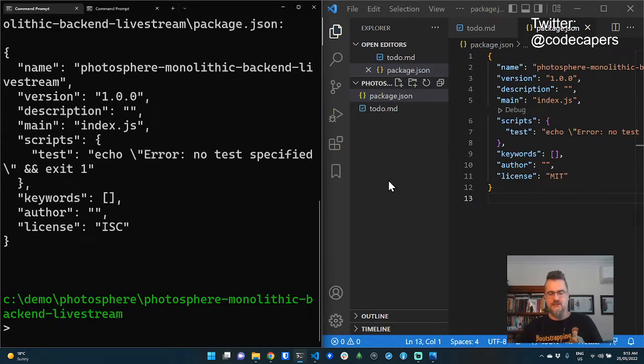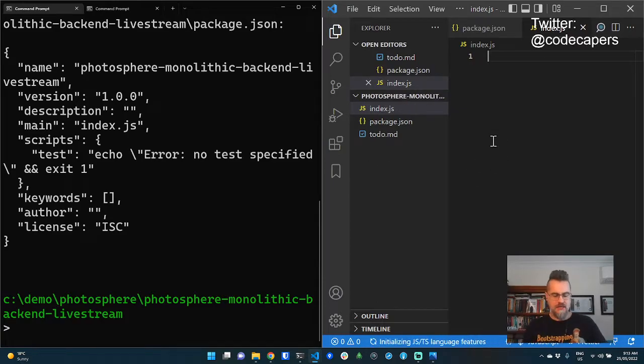Now I just want to get, to start with, a hello world application off. I mean, that's always a good starting point, right? So I'll make an index.js. I'm just going to do a console.log hello world. Console.log is your absolute best friend in the world. It's the best tool for understanding what is going on in your code. The next level up from that is using a real debugger in Visual Studio Code, but I'm not going to worry about covering that today.